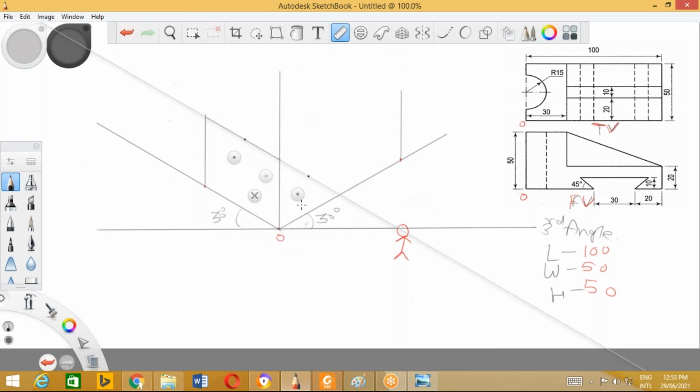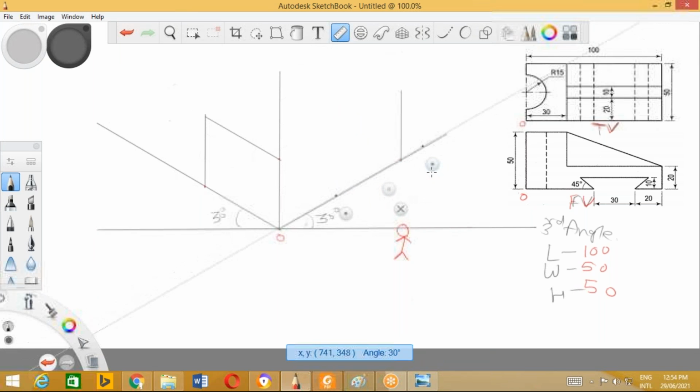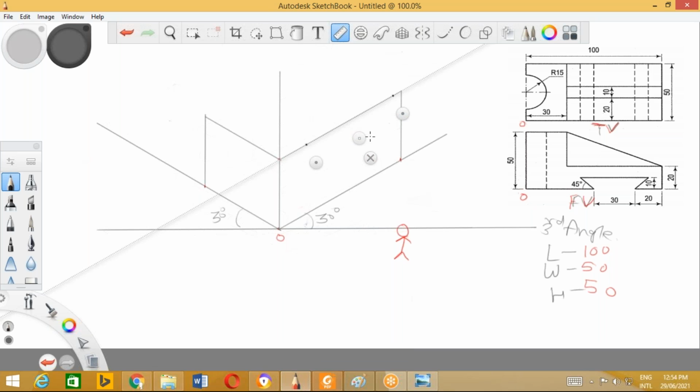Getting me? Then match the line with the length line and roll the scale and draw a line from this point. Then now you already got this particular point. Roll the scale again and draw a line from this point.